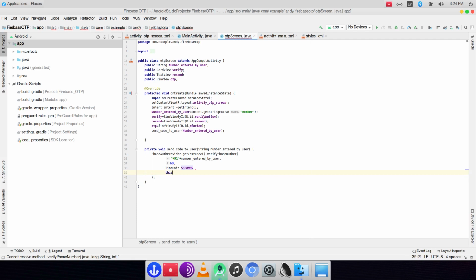Again, mention the activity for callback binding. After that, create a callback variable. Now, I am naming it as mCallback. Create the new function, that is, mCallback. For that, type private phone-auth